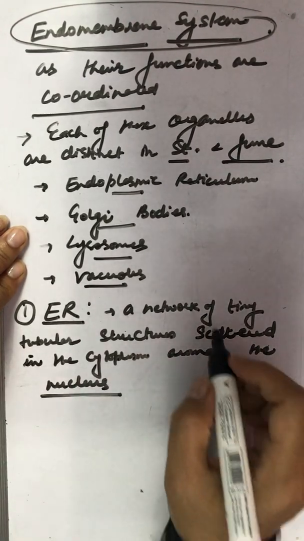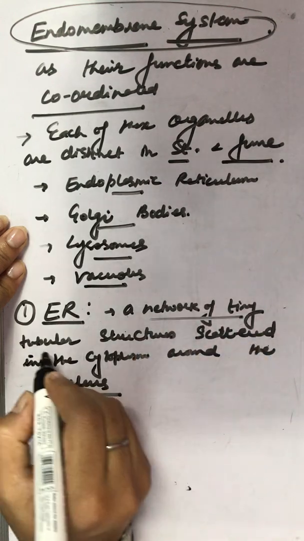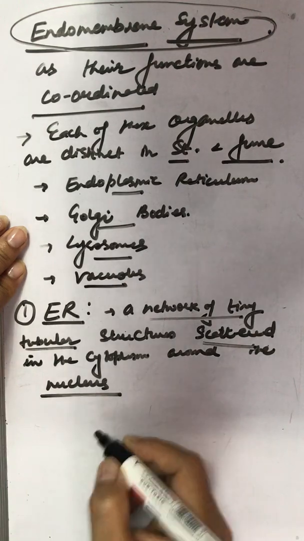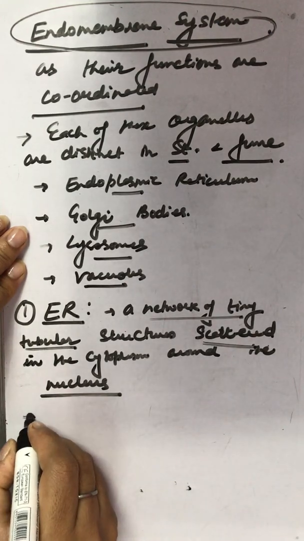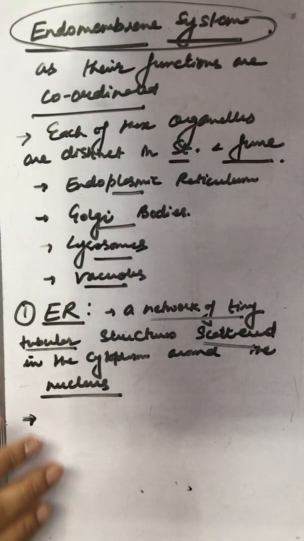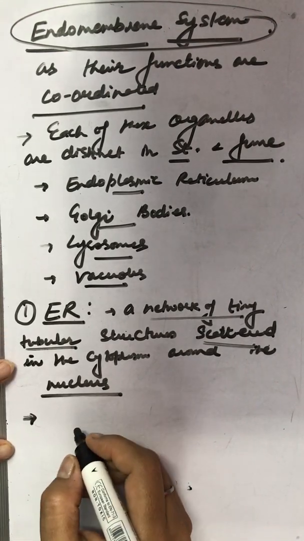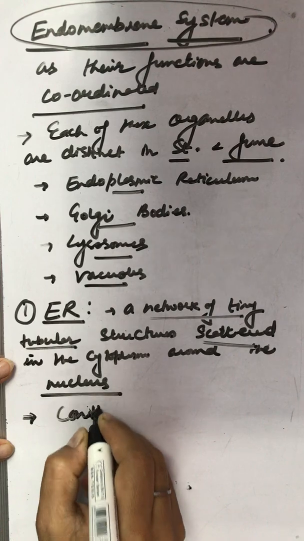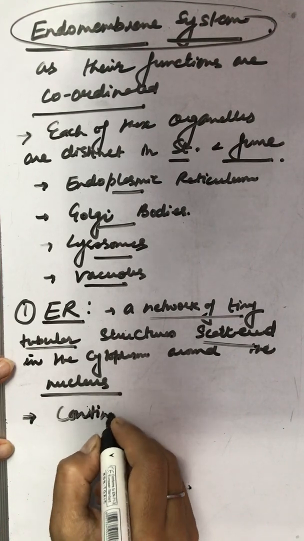So what are the four things that we have to keep in mind? Network of tiny tubular structures scattered in the cytoplasm around the nucleus. But how are they coordinated with the nuclear membrane? They are continuous with the outer membrane of the nucleus. So basically we write they are continuous